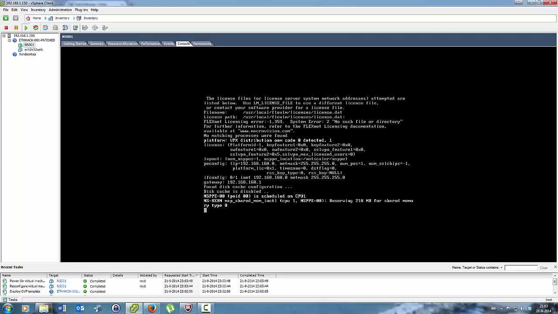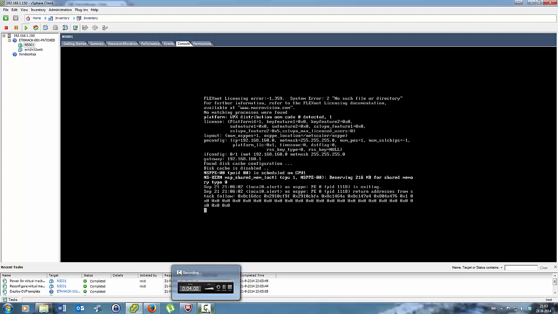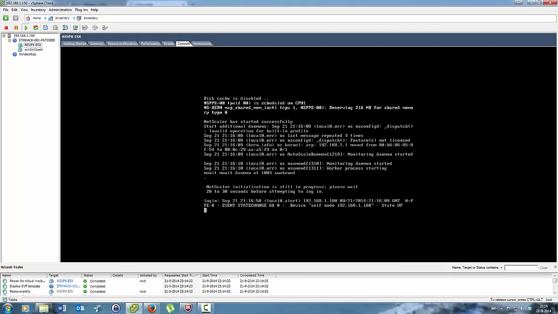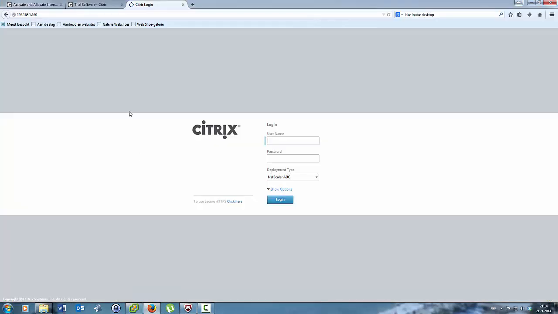And you can see it's booting further and configuring it further, so I'm gonna pause it for a little while. And right now you can see the login prompt here. So Netscaler is done booting and configuring the basic things, and you can go to your browser and you type in that IP address that you gave earlier, which is the 160 in my case. Username is nsroot, default password is also nsroot. Then you log in